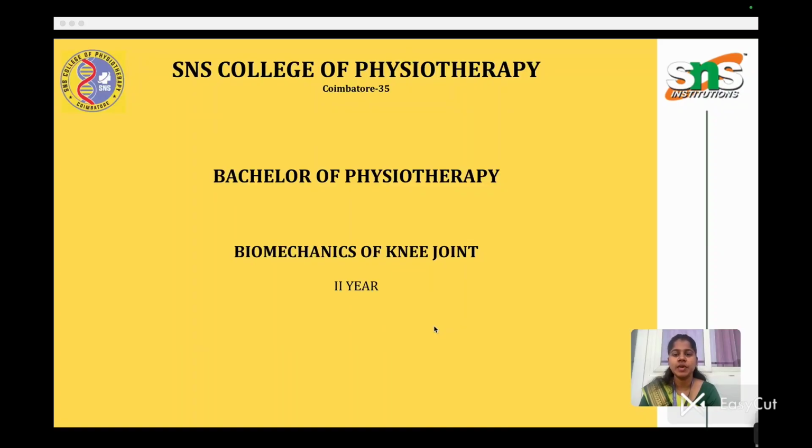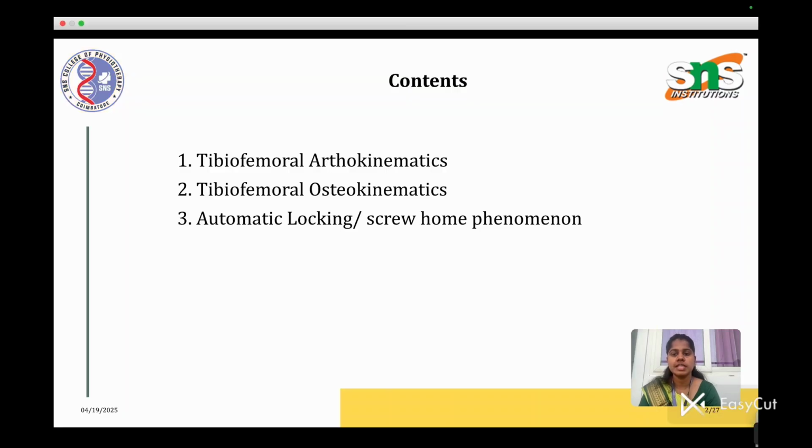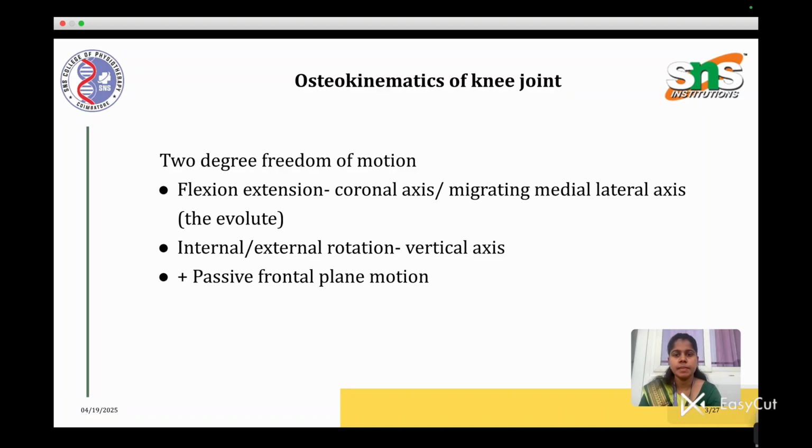Hello one and all. Today we're going to discuss the topic of biomechanics of the knee joint. So these are the contents to be discussed: tibiofemoral arthrokinematics, tibiofemoral osteokinematics, and the automatic locking, or screw home mechanism, said to be a phenomenon. So coming to the osteokinematics of the knee joint, there are 2 degrees of freedom of motion,